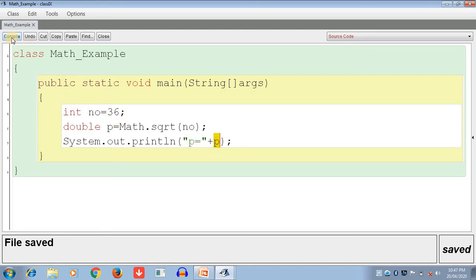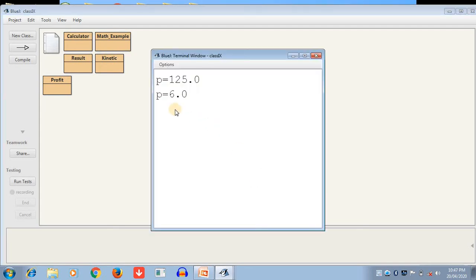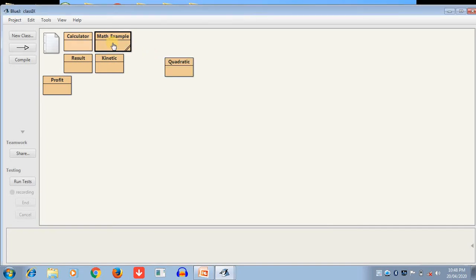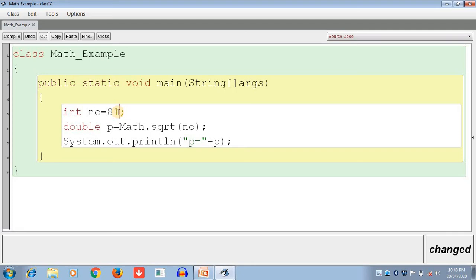Now compile, no syntax error, then right click and run the main function. So 6.0 is displayed, that is the square root of 36. Again we write a different value like 81. What is the square root of 81? I think 9 will be displayed.